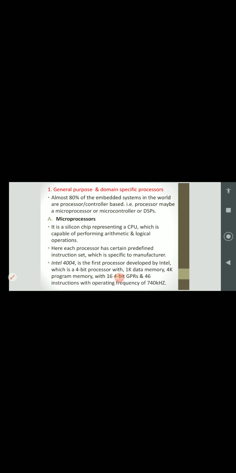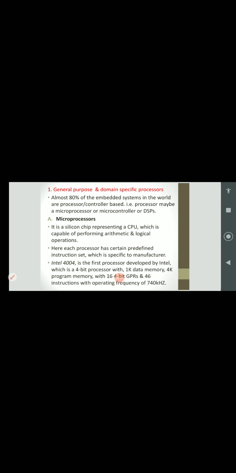Now we'll go to the first point, that is general purpose and domain specific processors. One of the important things we should notice is that 80% of the embedded systems in the world are processor or controller based, and these may be either microprocessors, microcontrollers or DSP based.